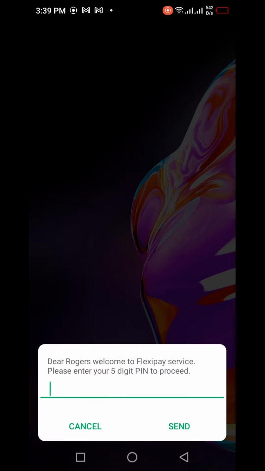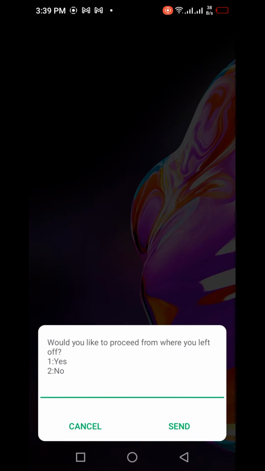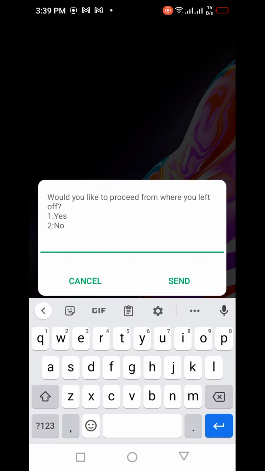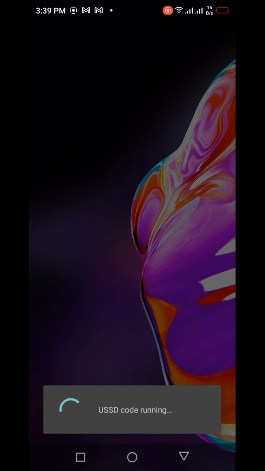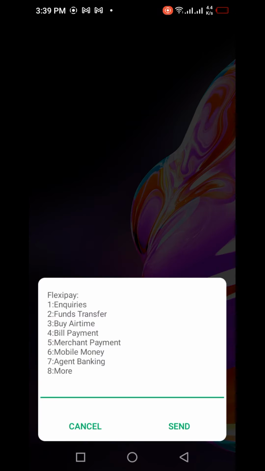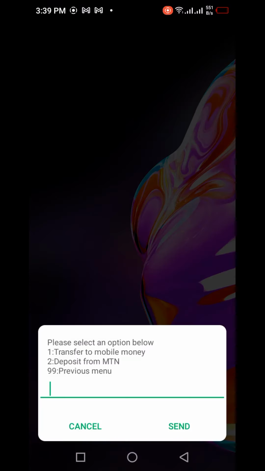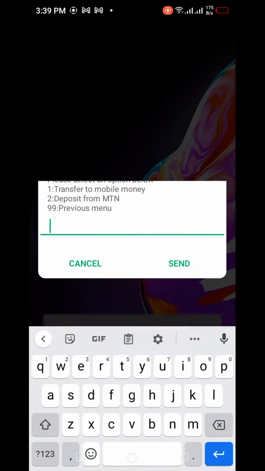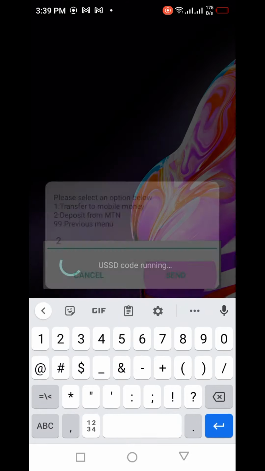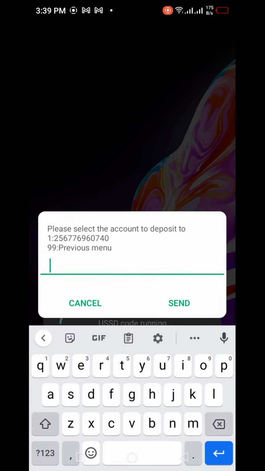Then it will ask you to put in your PIN. It will ask you that would you like to proceed from where you left off? You say no. Then from there, you come here and there's an option of mobile money. Now, mobile money, if you want to load money from mobile money, you come here and say 6, and then it asks you deposit from MTN. So you choose deposit from MTN,